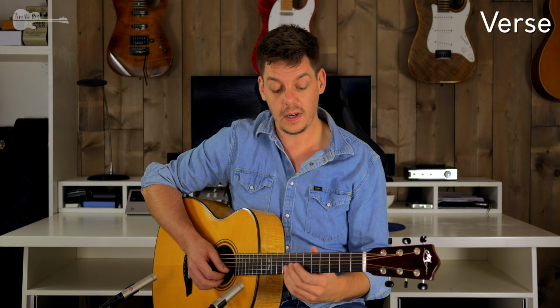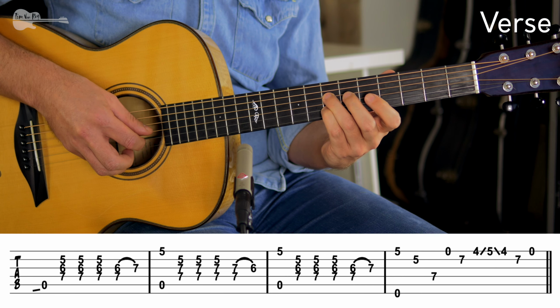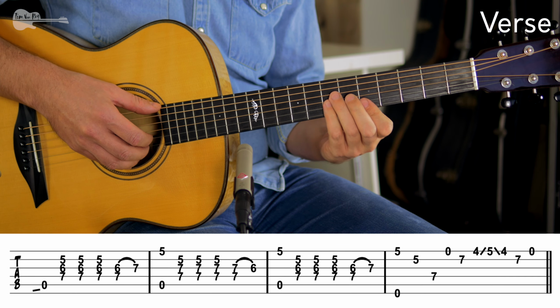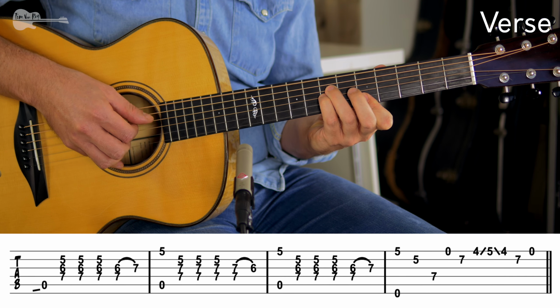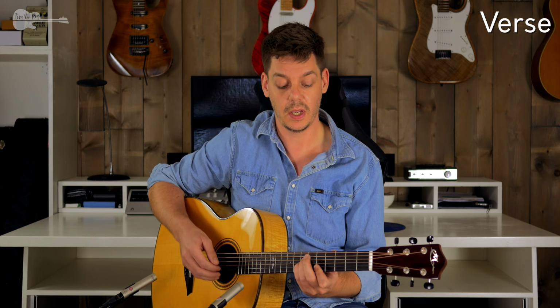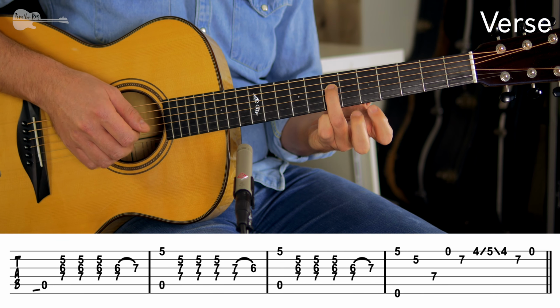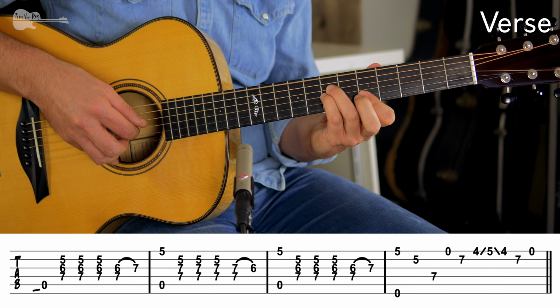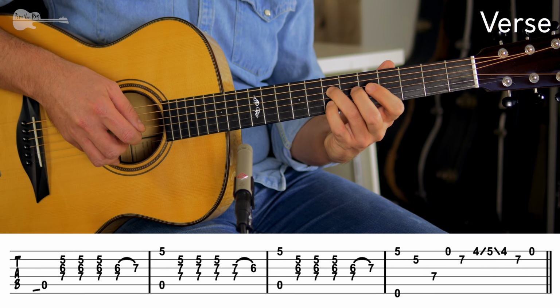Now, you're starting with that open string lick. What you're doing is you're coming down from this chord, and to glue those two movements together, the intro and the verse, you're keeping down that ring finger. So you have one string ringing out just a little bit more. To an open E string,